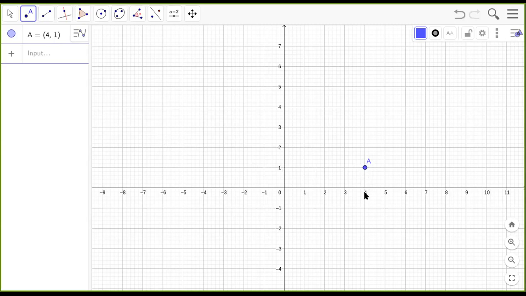Now the same point is at some distance from the x-axis. The x-axis is the horizontal axis. So it is at a distance of how many units from the x-axis? It is exactly 1. This 1 is called the ordinate of the given point A. Can you see it's only 1 unit above the x-axis? So the abscissa and the ordinate give you the coordinates of that given point A. You read it as (4, 1): 4 units away from the y-axis and 1 unit away from the x-axis.